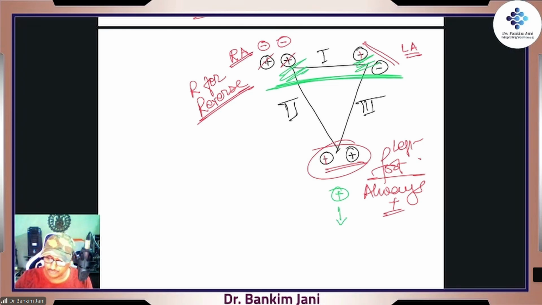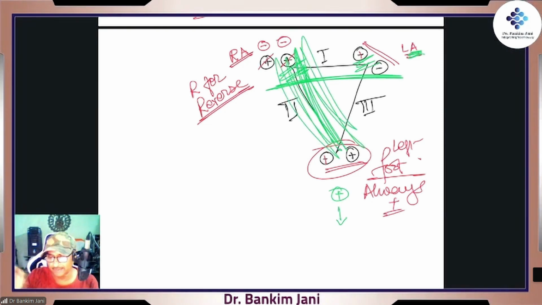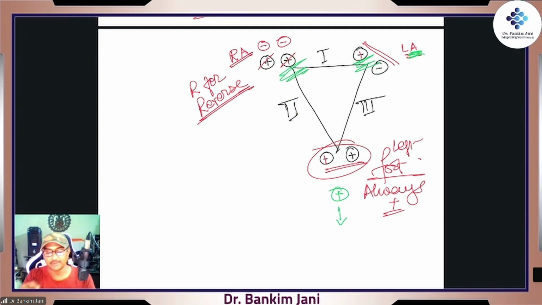When it comes to, say, this portion, that is the left arm, you make these two neutral, negative, and then record from here. Getting it? So the point is, the rest of the leads are made neutral,